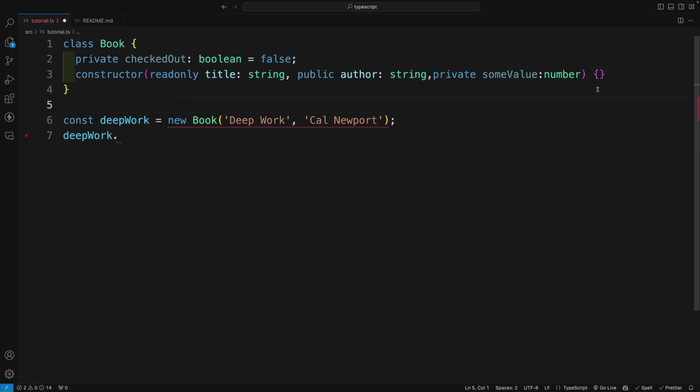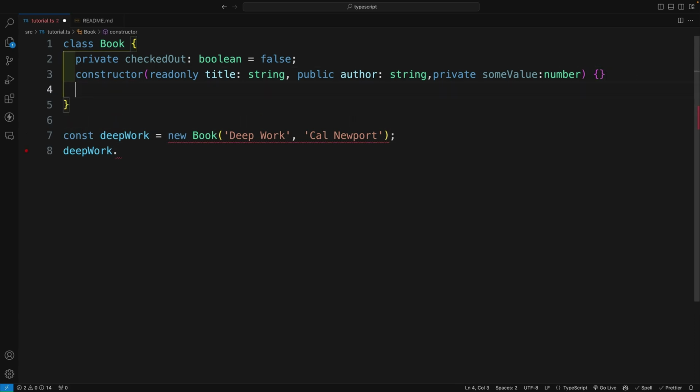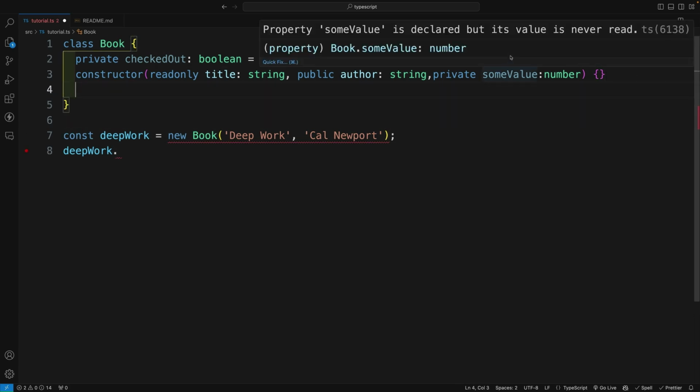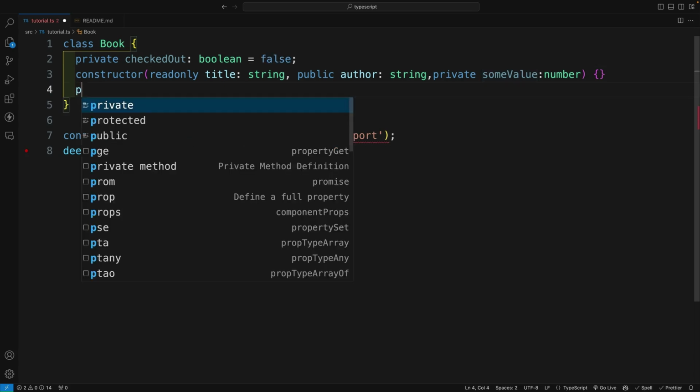So this is the shortcut. We don't need to use this anymore over here. We don't need to explicitly set these properties in a class. We simply can use either read-only or public or private. And effectively, immediately, TypeScript behind the scenes is going to set those properties with the appropriate values when we create the instance. Now, since you might not believe me about the some value,